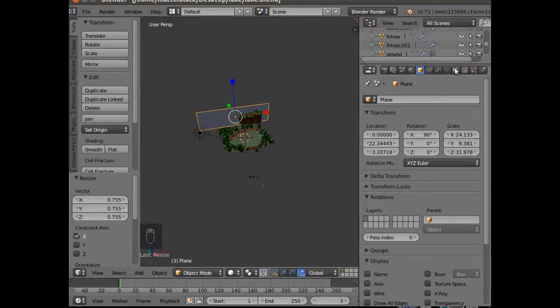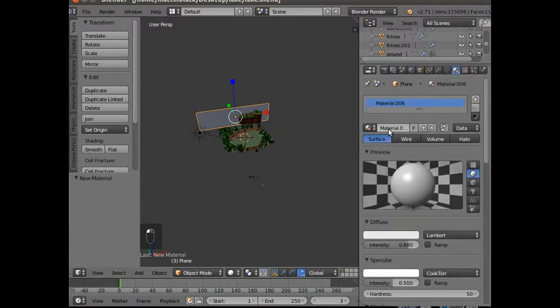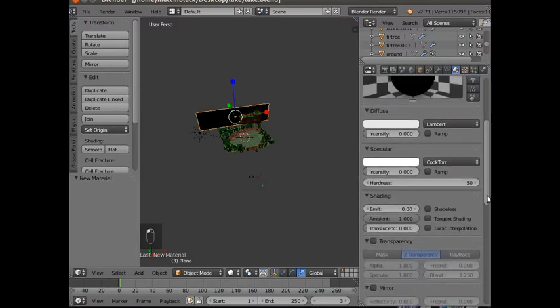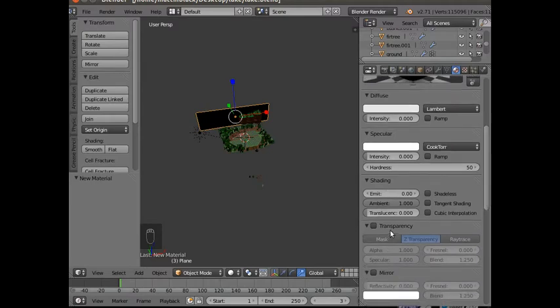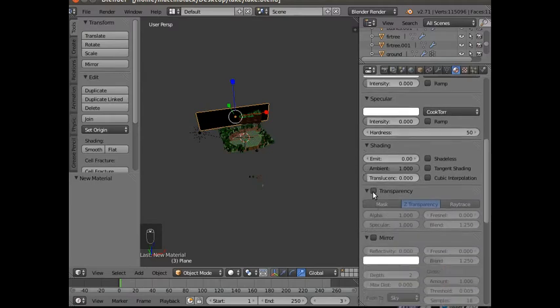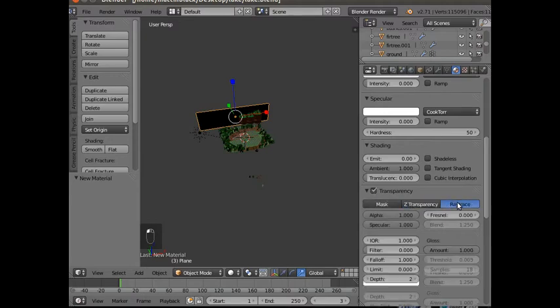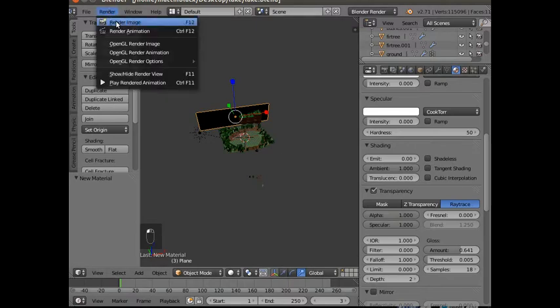So the way that we do it is by setting a material. New material. We're going to make it 0, 0 intensity, and you could make it shadeless, but sometimes that doesn't work. Ray trace transparency, IOR 1 because it's glass, it's air, so it's not going to change, and we're going to take the gloss down, maybe 0.6, so no, we'll have a look, and that's it. So if we now render again,